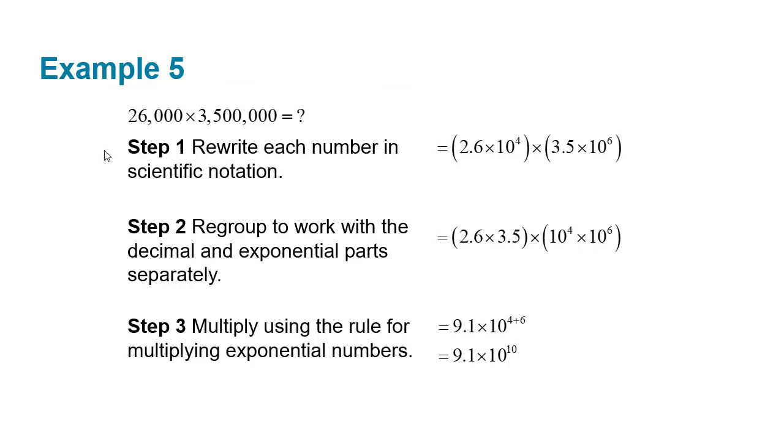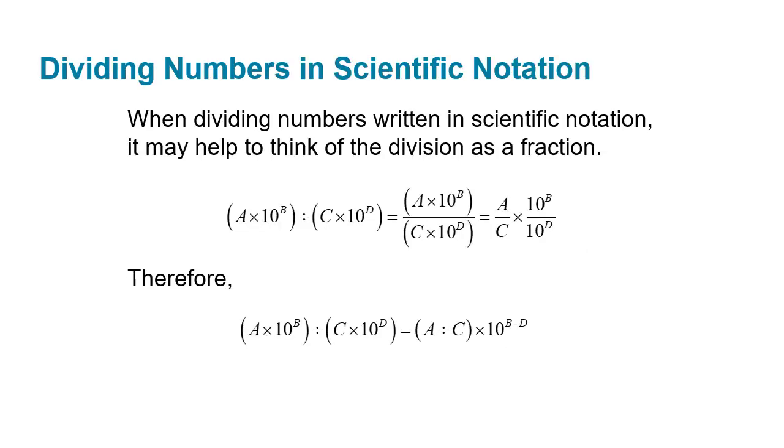So a good example, if we want to multiply these two big numbers, change them into scientific notation, multiply the two numbers, right? 2.6 times 3.5, which gives us 9.1. And then 10 to the fourth times 10 to the sixth, you just add the exponents, you get 10 to the 10th. The only thing you have to worry about is sometimes your answer needs to be reconverted. It's bigger than 10. When dividing,